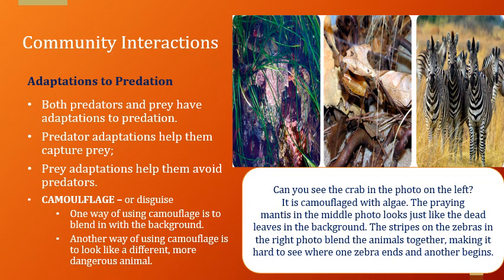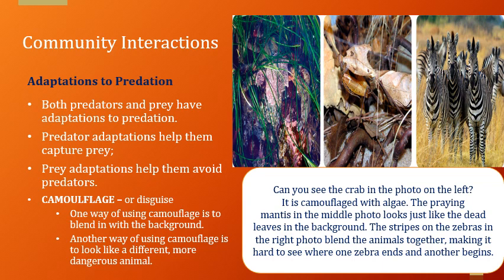So we have here camouflage or disguise. Di ba, katulad ng mga sundalo natin. Bakit kaya ganun yung suot nila? Okay? Yung parang camouflage na uniform ng mga sundalo, because they are trying to disguise. Kapag nag-blend sila sa environment, parang hindi sila masyadong mahahalata ng mga kalaban nila or ng mga enemy nila. So one way of using camouflage is of course to blend with the background. Okay?